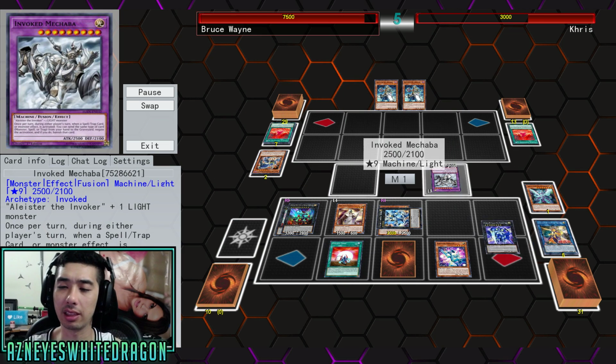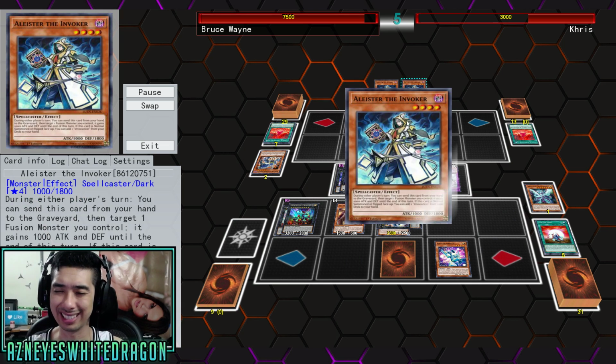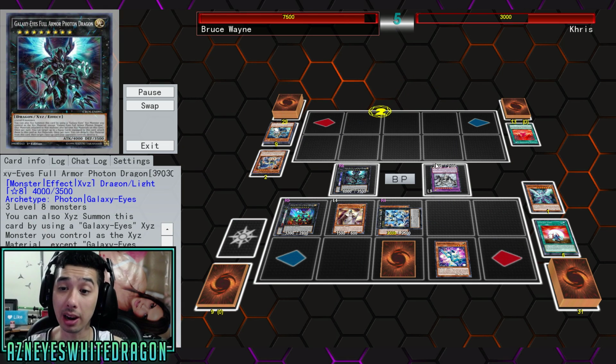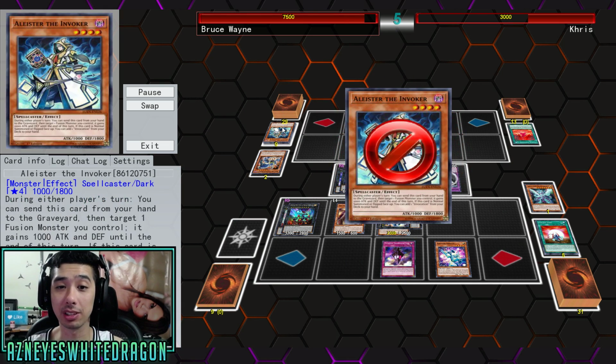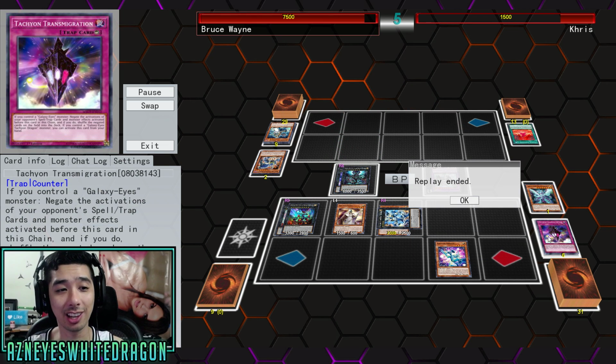And on top of that, Mekk-Knight isn't going to be able to really do too much against the Galaxy deck because they're just going to boost up their attack. But he happens to activate multiple copies of Alister, but it's not going to be doing anything because, of course, we have Tachyon Transmigration. Now, what's even interesting with this, and that's why I wanted to showcase this one,